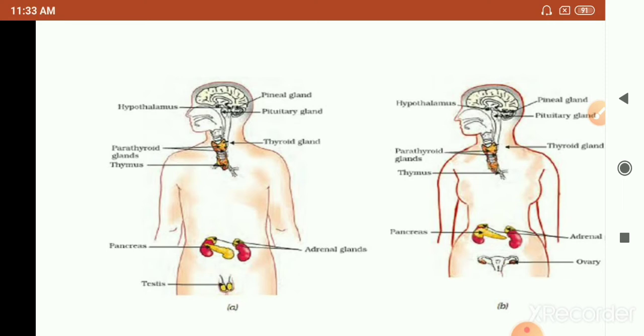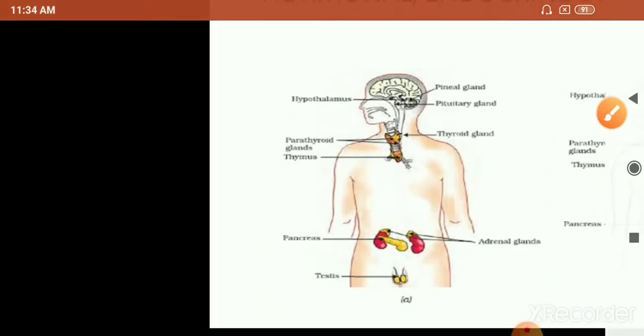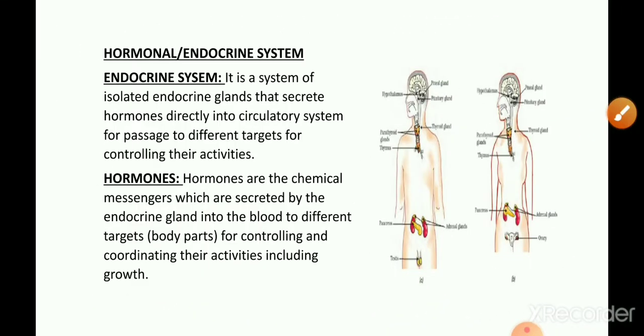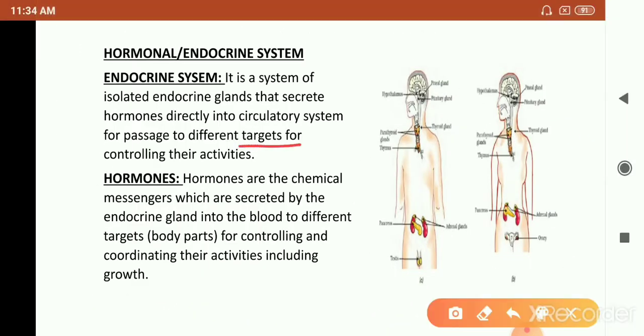So they are ducted glands, but the endocrine glands are ductless glands, and so the secretions of these glands are directly poured into blood or the circulatory system, and it is through the blood that the chemicals or the hormones are passed to different targets. The targets are the body parts where the hormones have to act. Okay, so they are taken by the circulatory system to different targets for controlling their activities, right? So we'll be discussing later in the later slides, I'll be telling you about the different endocrine glands that are present